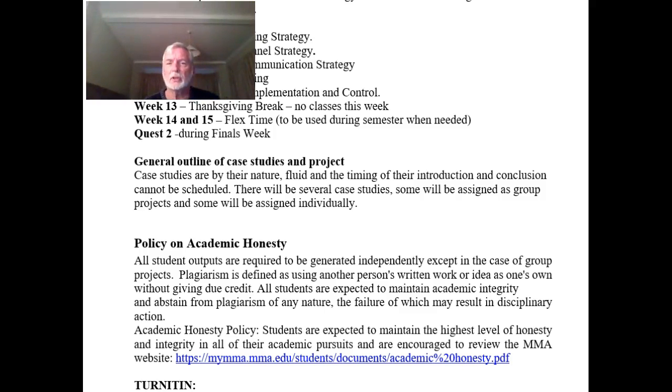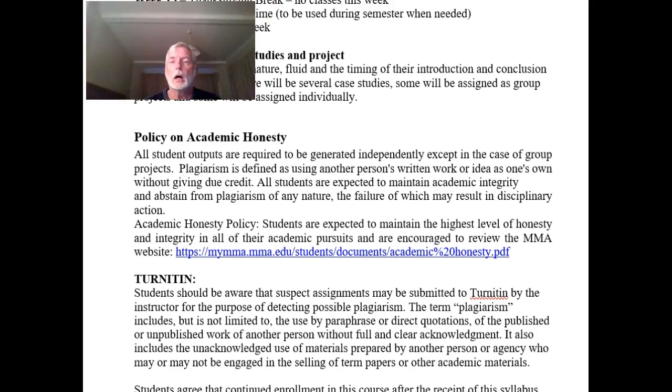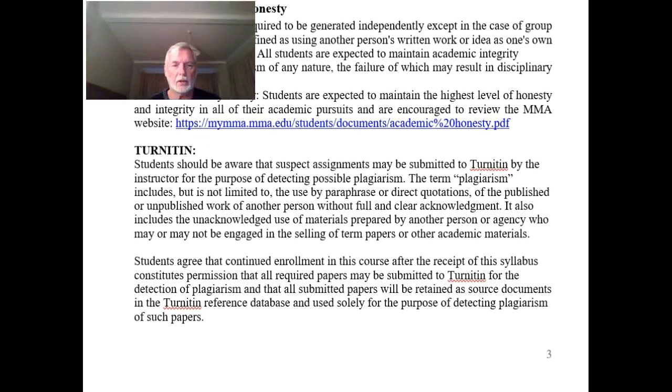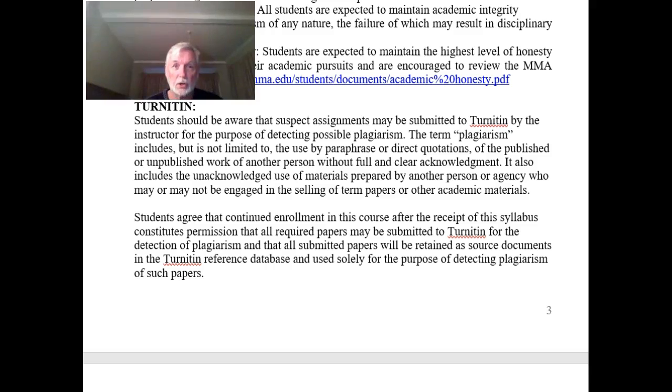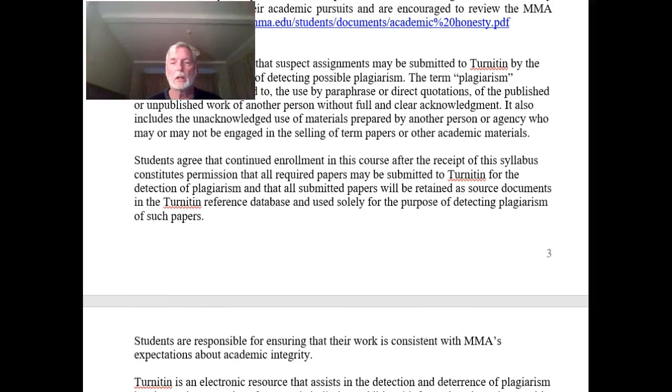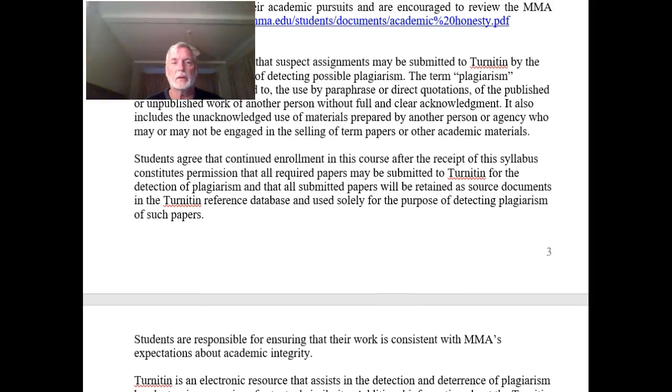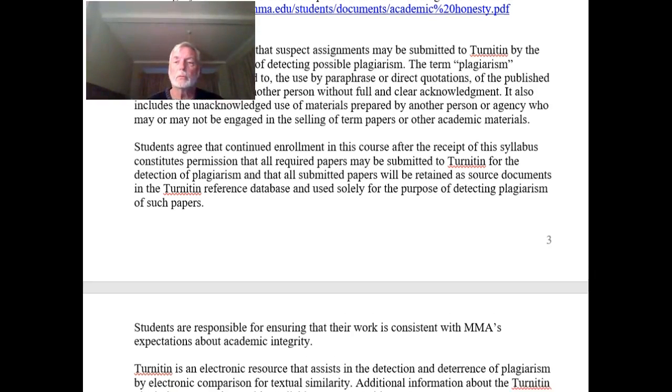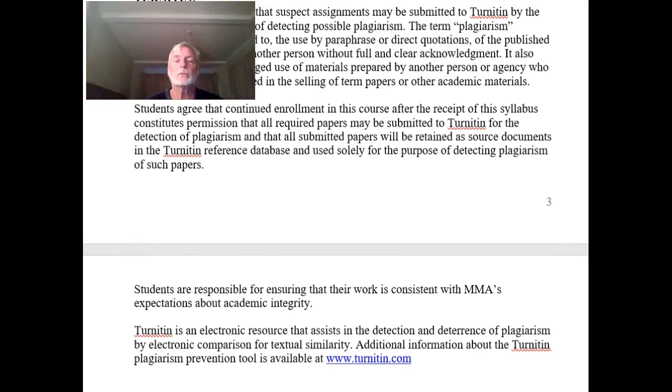Academic honesty, the policy there, an important policy. I sometimes use Turnitin. If I do, I will let you know. Turnitin is a program that has a massive database of academic papers as well as papers that are available to the public through Google or various publications. And if I submit your papers, it will look there in that database to see if there's any copied items. It works extremely well, so I'm not sure I have to use it, but if I feel the need to use it, I will.